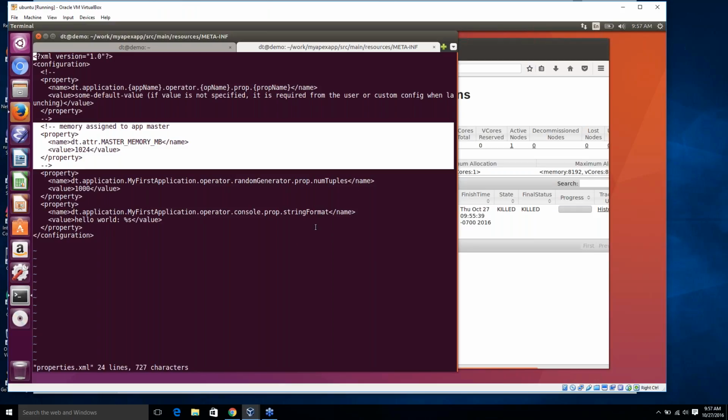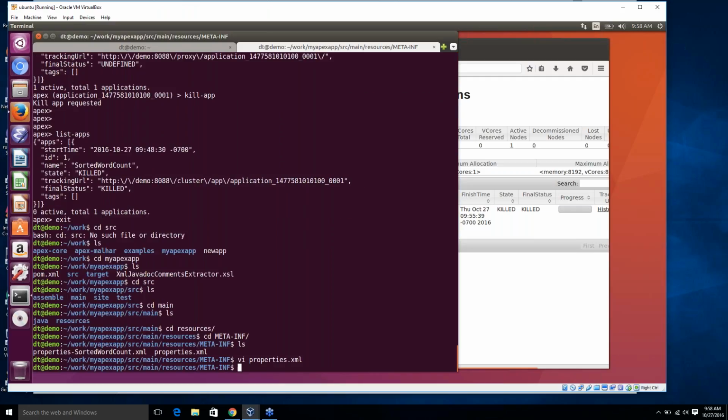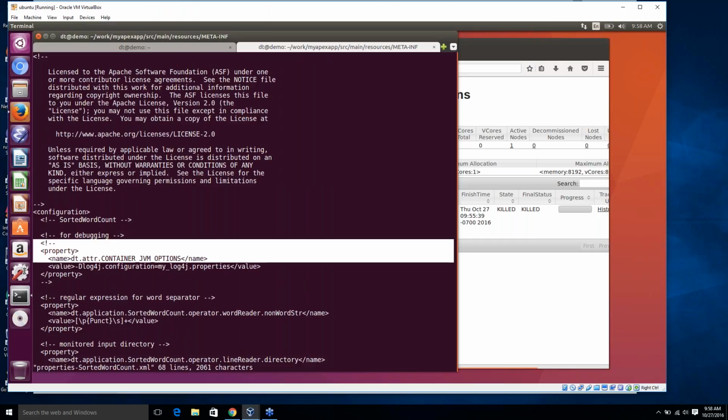These are the properties for that random number application we talked about. So the number of tuples emitted per window is configured to be 1000. And the string that it prints out is just hello world and the random number. So this is not especially interesting for our application, so let's look at the other one. Sorted word count. And here we see a number of interesting things. So I've commented out this property,